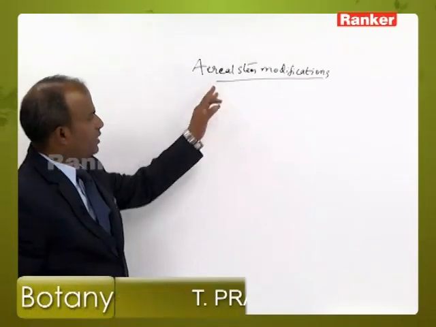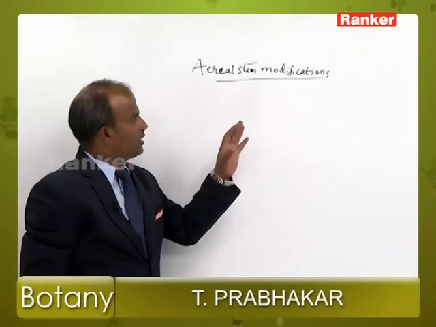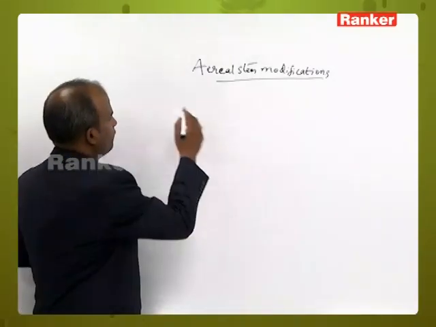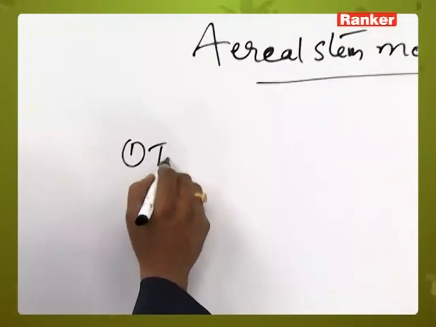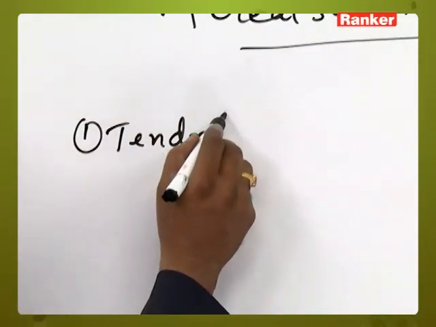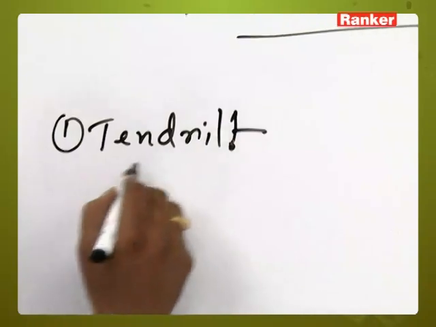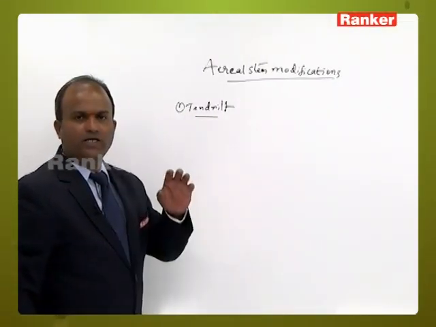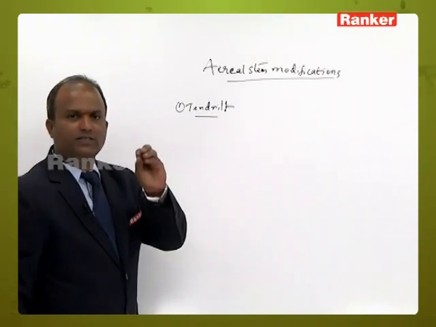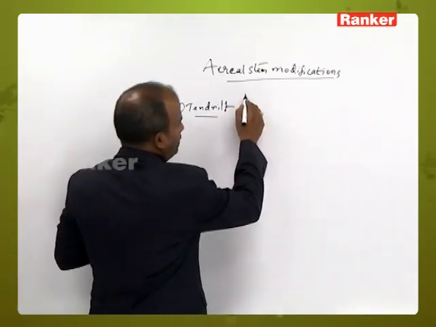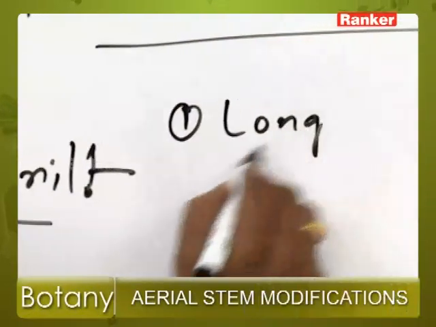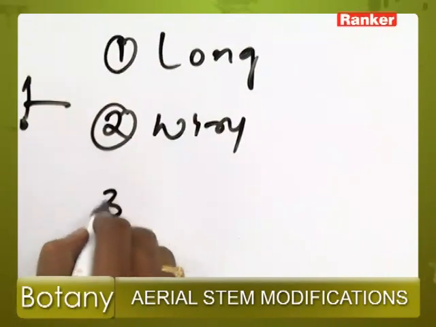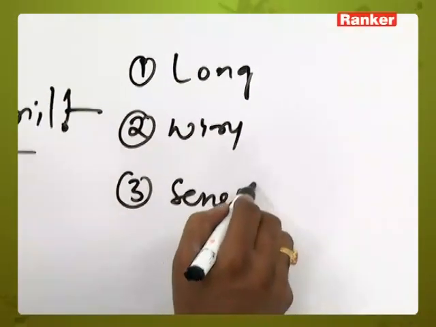So next we go to aerial stem modifications. Under aerial stem modifications, the first one is the tendril. A tendril is a long, wiry, coiled, sensitive structure. First, it is long; second, it is wiry; third, it is a sensitive structure;